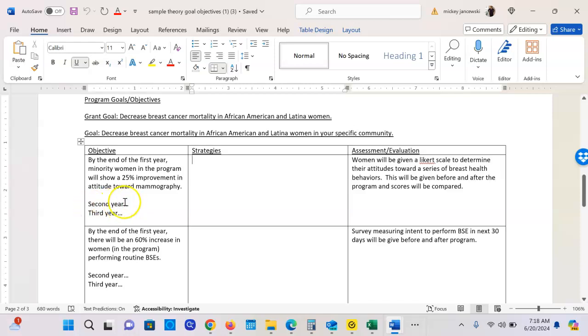You would then write second year, what's the percentage, and third year, what's the percentage. You don't need to write the whole thing over, you just need to give the key components. We talked about in class the reason why you do this is you want to show progress over the time